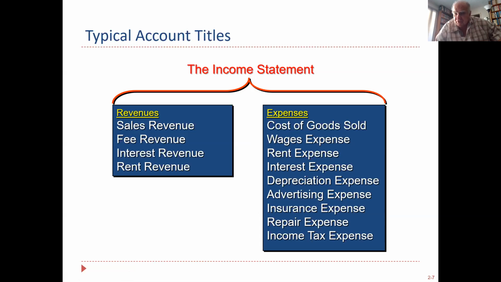Cost of goods sold is recorded at the point of sale. In this book, we are Nordstrom's, we are Macy's, we're like a big department store. Merchandising, we're buying something and selling it. We sold a garment for $500. We paid $200 for that from the clothier. That $200 is your cost of goods sold. That's what that expense is.